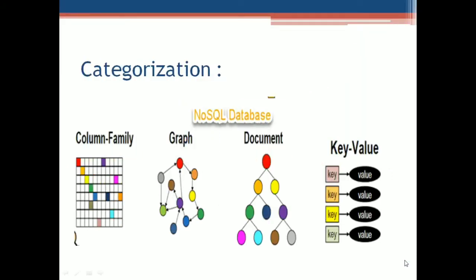So we'll see what the different types of NoSQL databases are. Broadly, there are four types of NoSQL databases: key value pair based, document based, graph based and column family based. As the image represents, the column based is mainly focusing on the row column structure. It is mainly focusing on the columns, whereas the graph based databases provide us a visual effect of the data that is being stored. The document is in the form of tree like structures. The data is stored in the form of document, and in the key value pair, for a specific key there is a specific value associated with it. So broadly, this is the categorization of the NoSQL database.